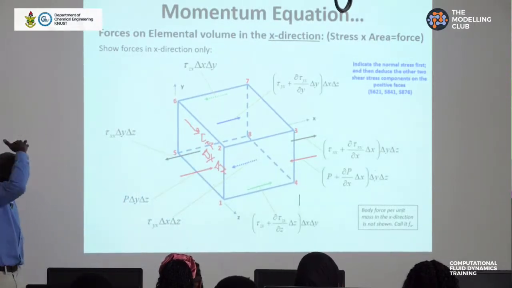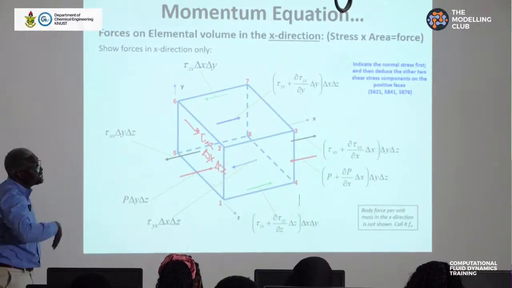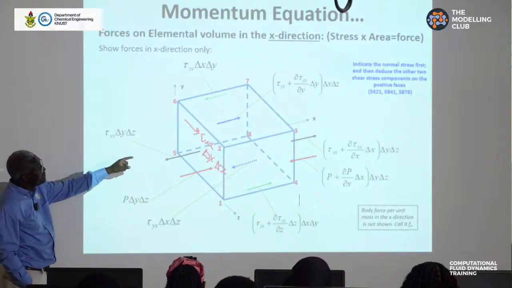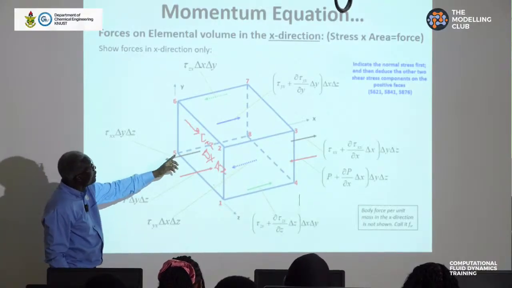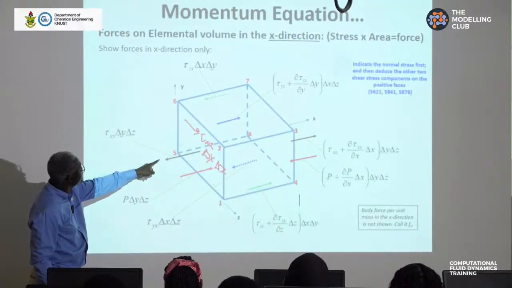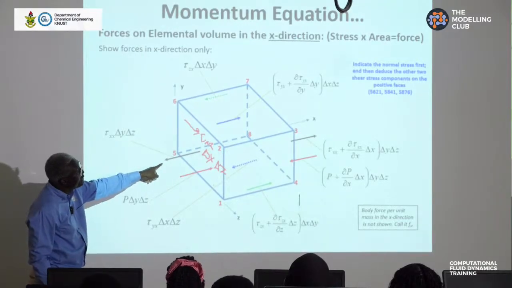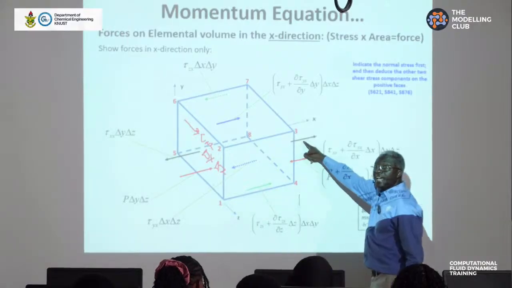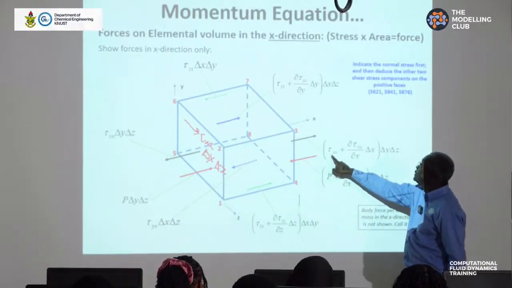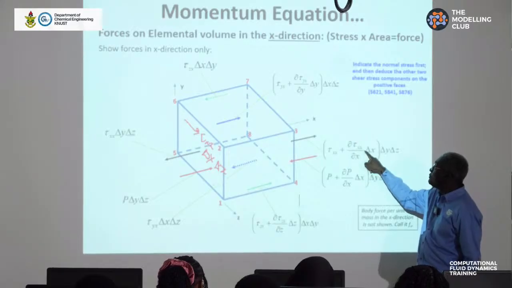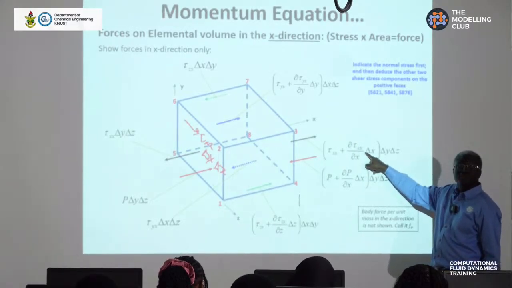Okay, so similarly, you can come up with the shear stresses in other planes, and in each case, note that we find the normal stress. For example, here you also have to find the normal stress on the opposite side. So you have tau xx times the differential amount on the other side of the